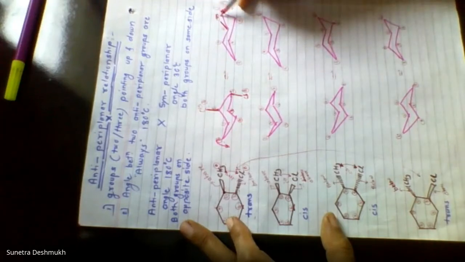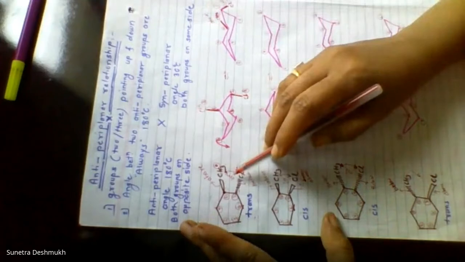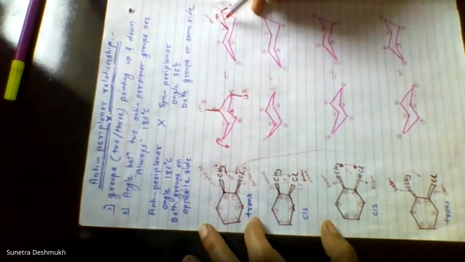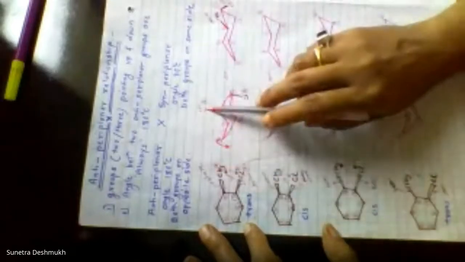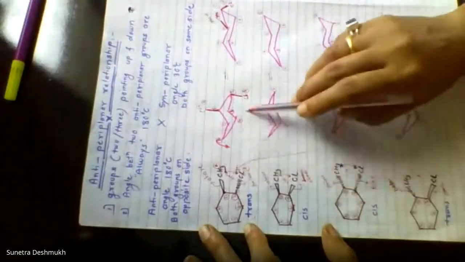Pay attention: even if it is equatorial, it is pointing above the plane. So the sequence is not going to change. This is the beauty of chemistry, the beauty of all those basic concepts of organic chemistry. If you flip the molecule, the orientation of the methyl group, pointing above the plane, may be axial, and by flipping it is still pointing above the plane. By flipping it won't go below the plane. It will point above the plane.